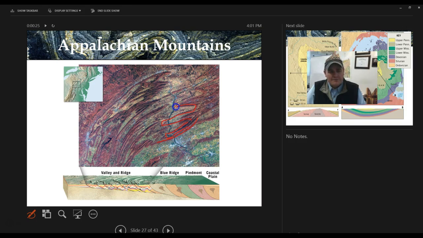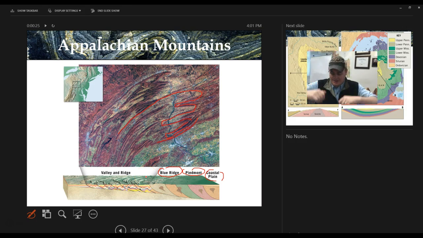We call this the Valley and Ridge Province of Tennessee or Pennsylvania and so on. So here we have the coastal plain, which we live on. The Piedmont is that hilly area before the Blue Ridge, which has basically had portions of those mountains eroded away. Then you have the Blue Ridge itself, and right behind it, just like in a carpet,